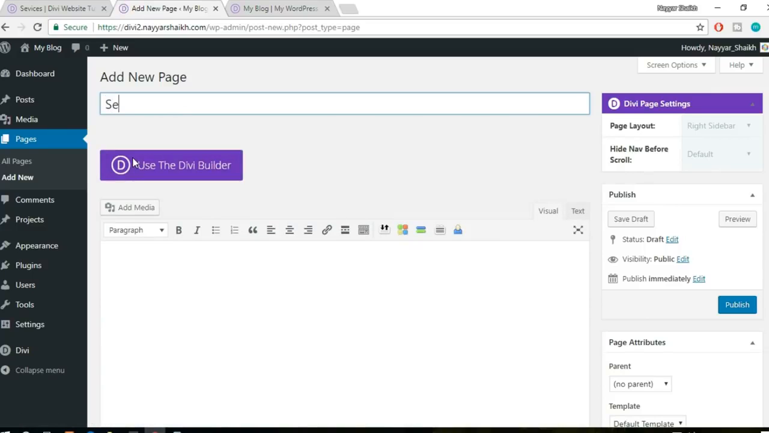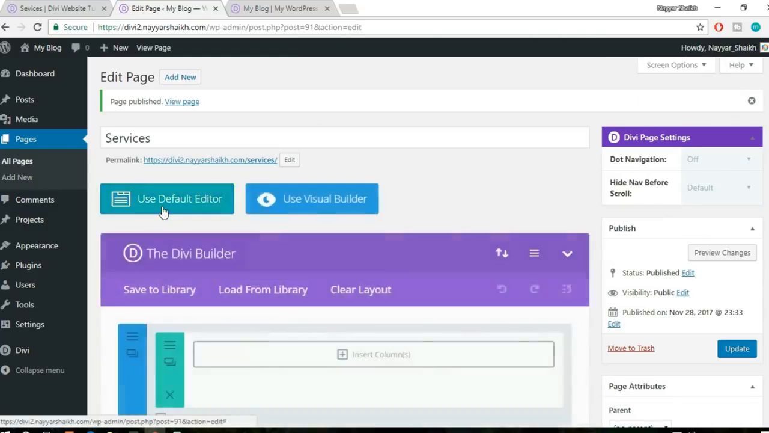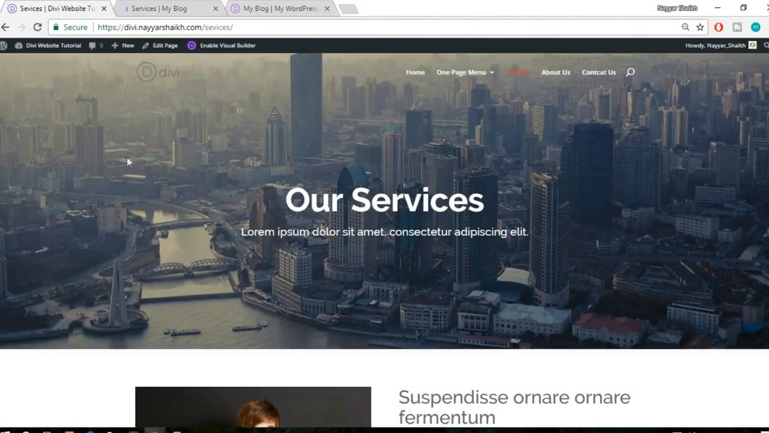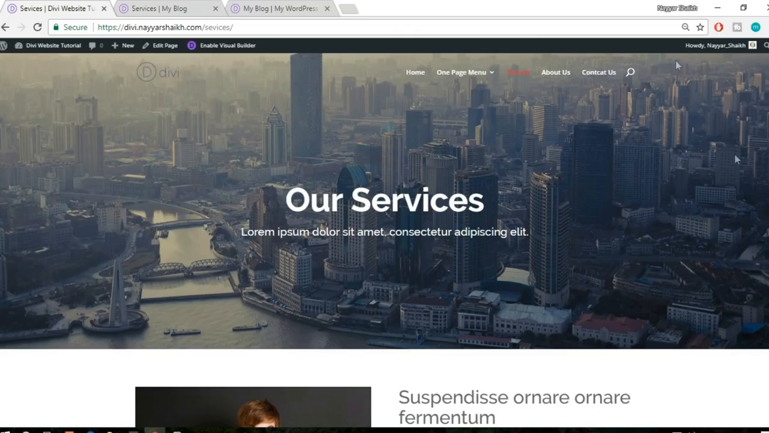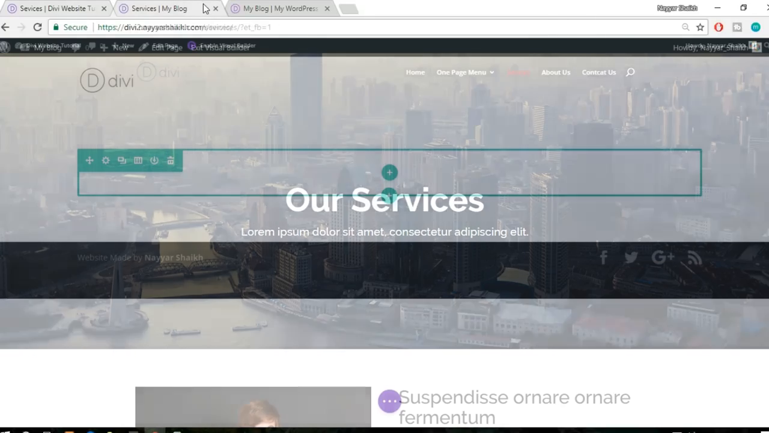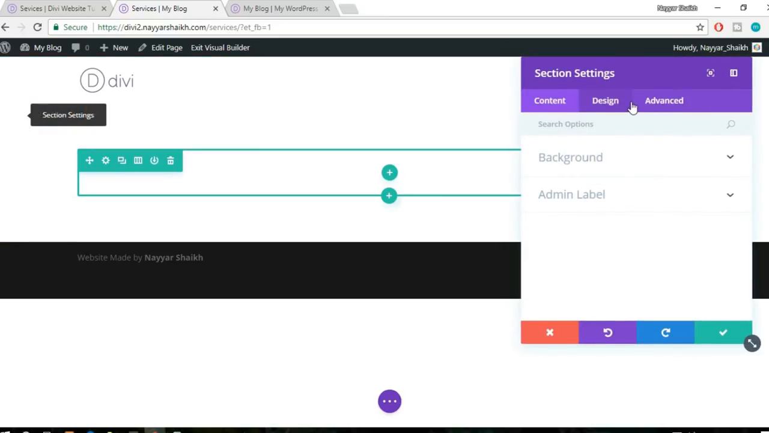You can name it anything. I'm naming it services. Fine. And okay, let's click on publish. Now use this Divi builder, use Visual Builder, and let's create something awesome like this. Okay, the first section we have a background, beautiful background image. So let's add that. So let's select this thing, section setting,